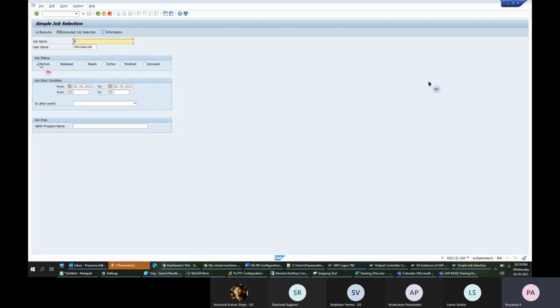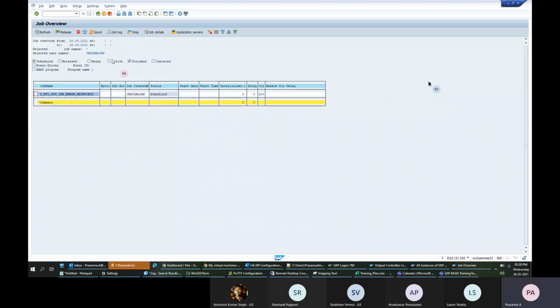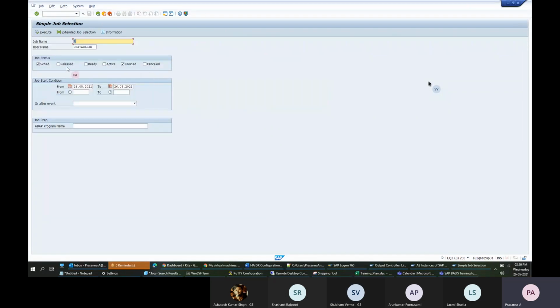And now this is called status. I selected only scheduled. If you want to select something else, select it and it will show additionally.